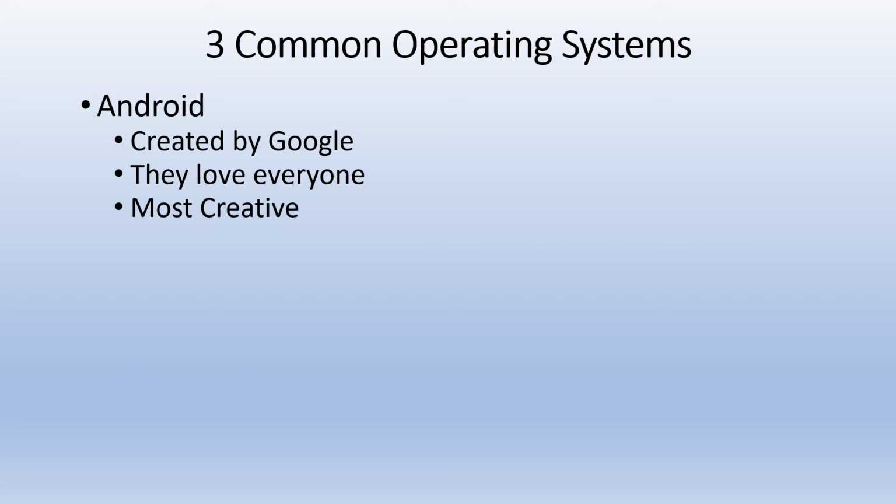There are three common operating systems you need to first be aware of. First of all is Android. This is an operating system that was created by a company called Google. The main thing you need to know is they love everyone and they work with everything. They also have the most creative designers and programmers, and the reason is they have very little restrictions for when